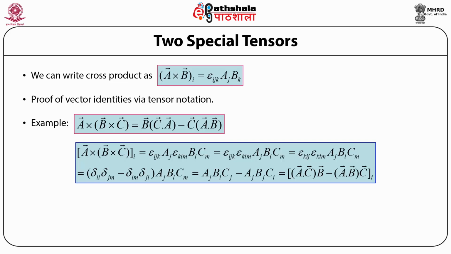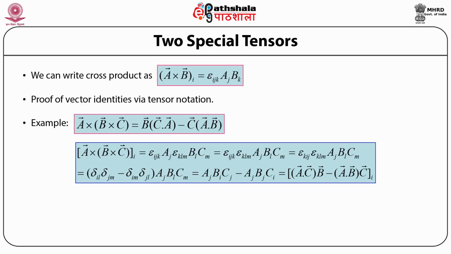And this we have done because then we can utilize the other property of the permutation tensor that we had defined above with respect to the Kronecker delta, and using that property we get the result bracket open delta subscript i l times delta subscript j m minus delta subscript i m times delta subscript j l whole bracket close times a subscript j b subscript l c subscript m,